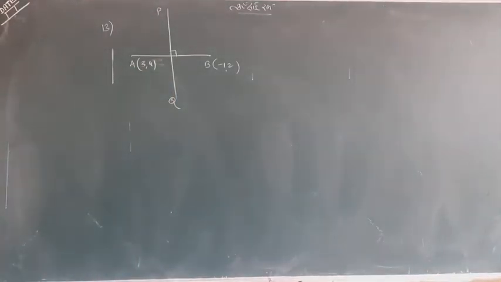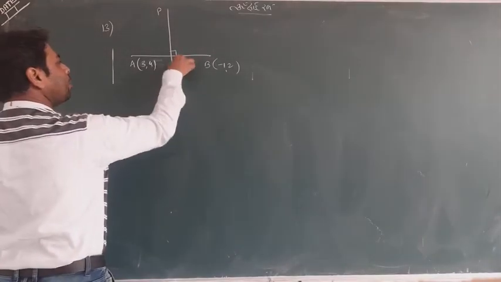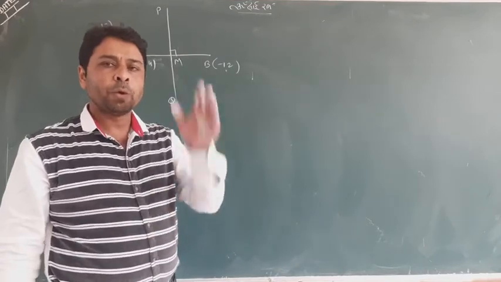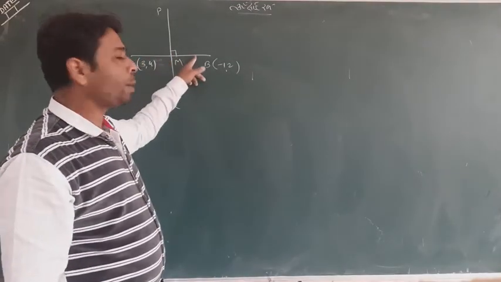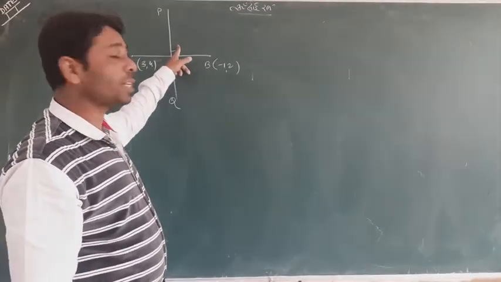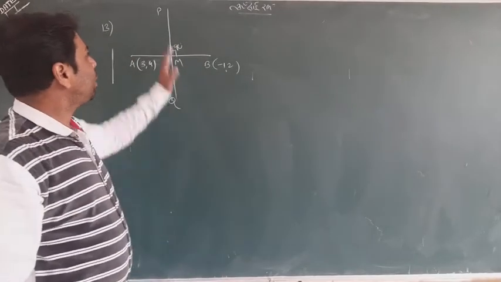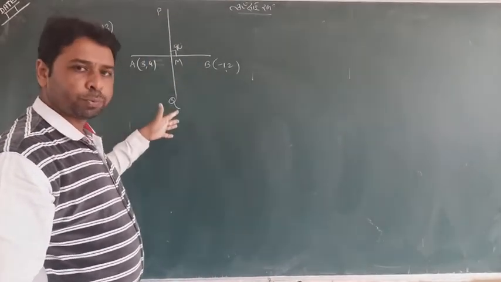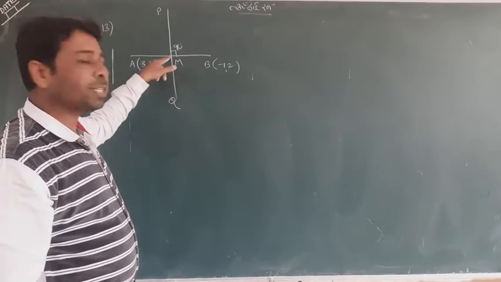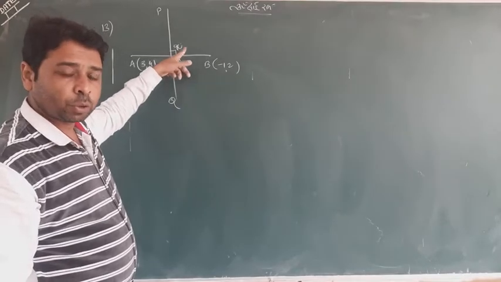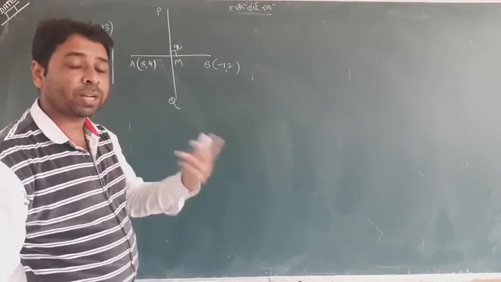Let me explain something. Suppose it meets AB at a point M. You can understand the meaning of right bisector: it divides AB into equal parts, meaning M is the midpoint, and it is also at 90 degrees. So it is a very simple thing. We have to find the equation of PQ, which passes through the midpoint of AB, as the right bisector, and is at 90 degrees. I feel it is so easy. Let me explain how we can find it.